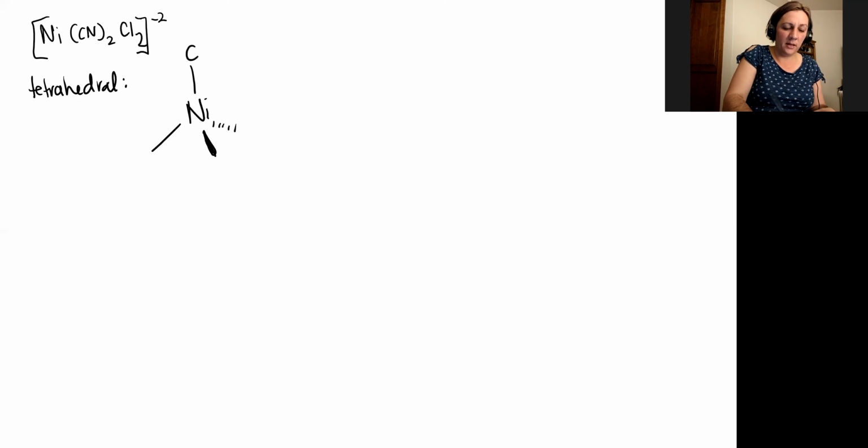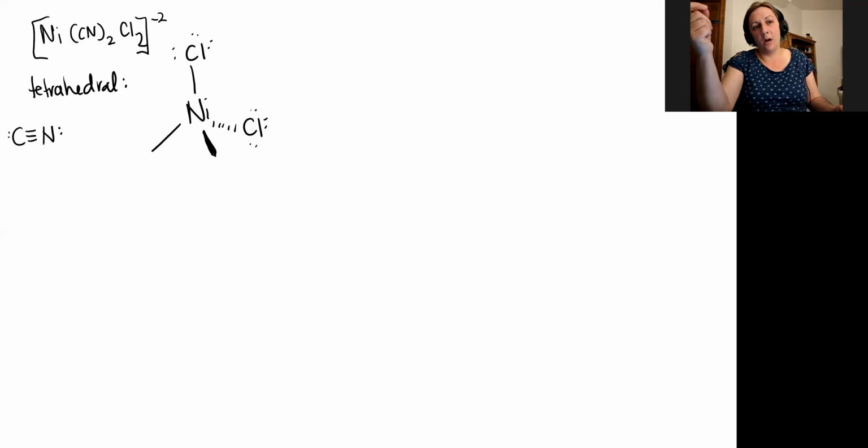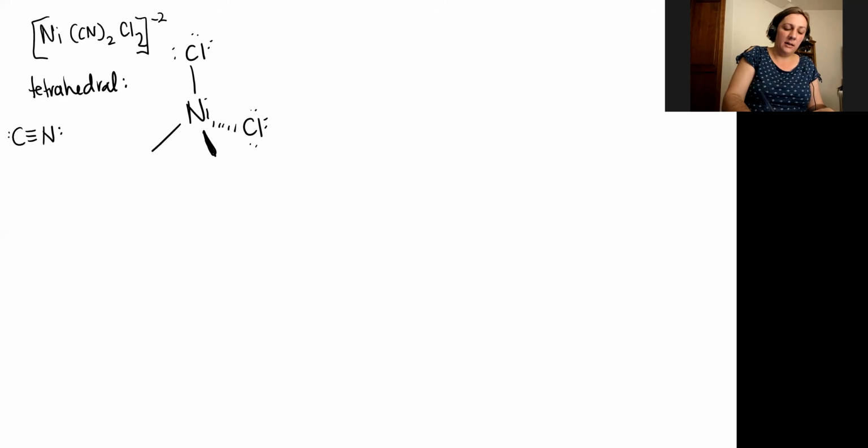And so I'm going to put in my chlorine first. And there's lone pairs too. Now, when I'm choosing my cyanide, I have a choice. So that cyanide ion looks like a carbon triple bonded to a nitrogen, and it has a lone pair on both the carbon and the nitrogen. So this is an example of a ligand that can actually coordinate through either one of these atoms. And so I can have the nitrogens coordinate,